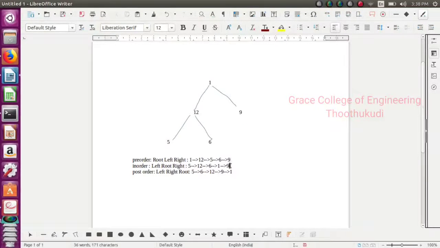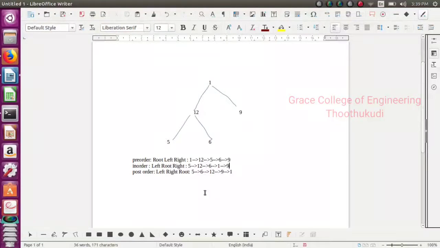Left is finished, then process the root. 5's root is 12, so write 12, then process the right, which is 6, so write 6. Now the left side is completed, then process the root. The root of 12, 5, 6 is 1, so write 1, then move to the right, which is 9. Now the in-order is completed.